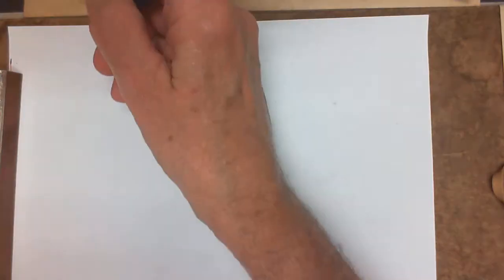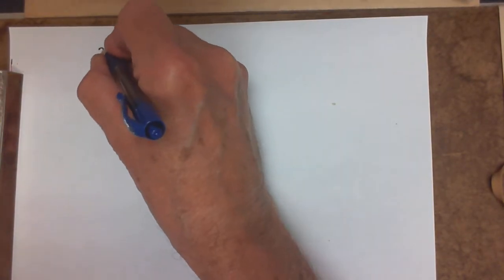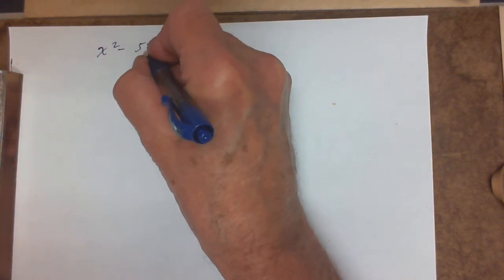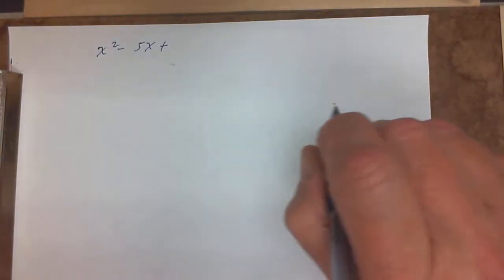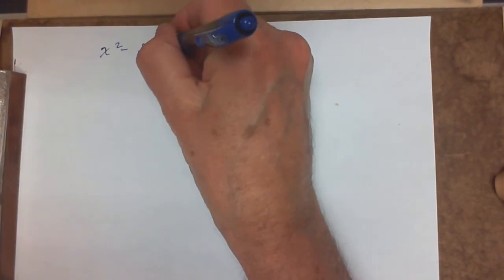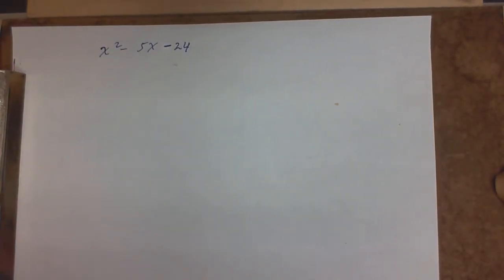I would like to show you an example of my favorite way to do factoring of trinomials, trinomial polynomials. So this is a case of having a trinomial such as x squared minus 5x, make that a minus 24. The method I want to show you is a favorite method of mine because it